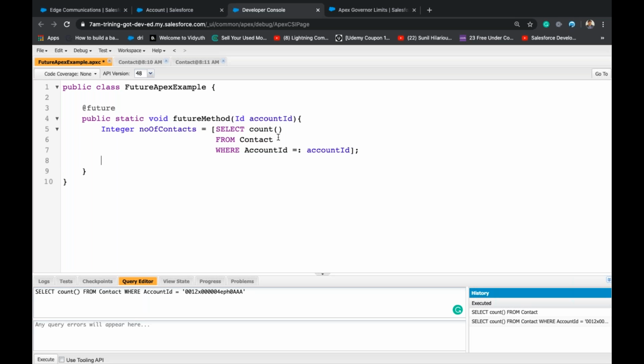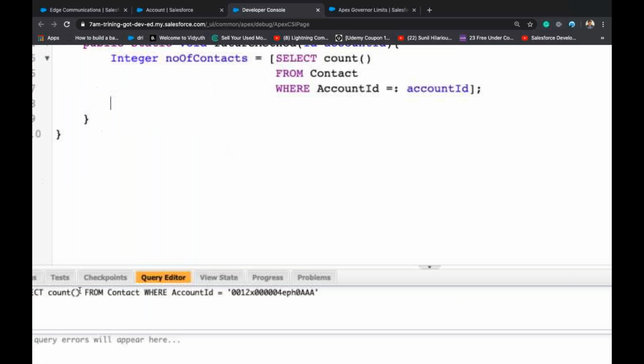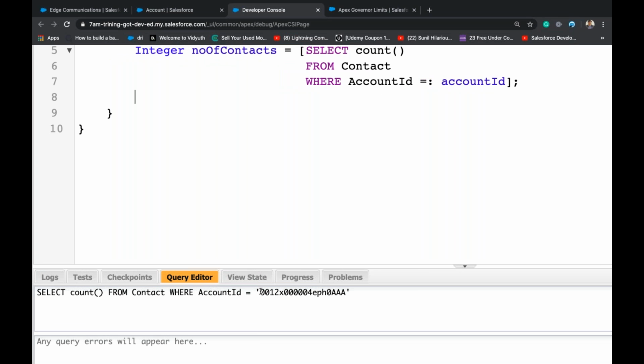So what I'll do then, so then I should also get the account details, right? Okay, we'll slightly modify this code. Sorry, query. Instead of getting count from the contact, I'll make it reverse.